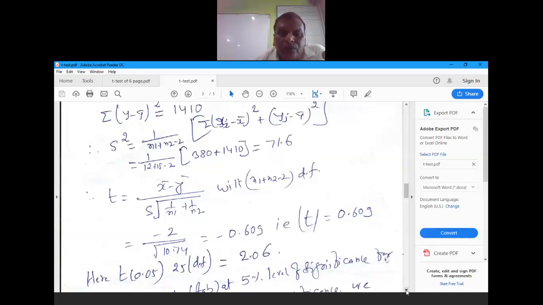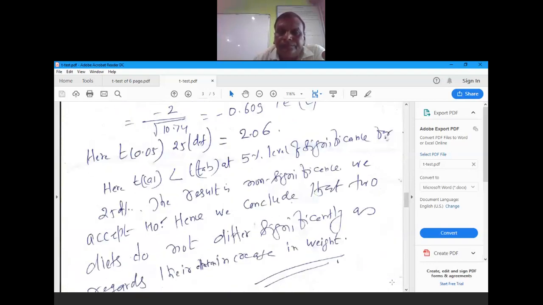So what is your H naught? That is, two diets do not differ significantly. So this statement is rejected here. Then we conclude that two diets differ significantly. So we may write here,